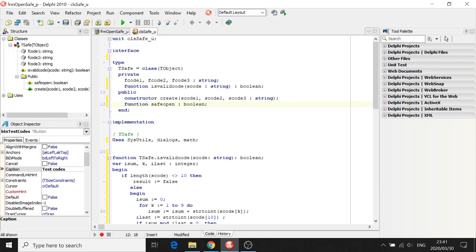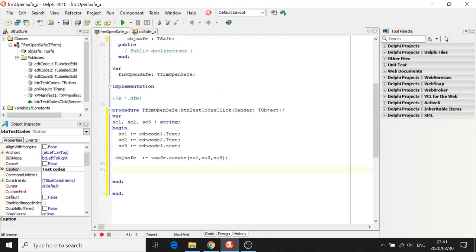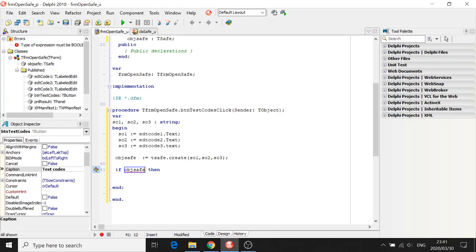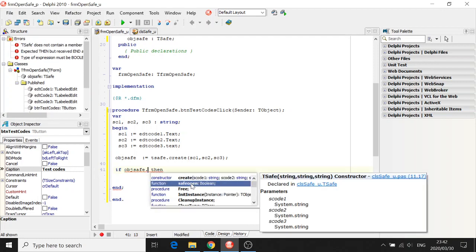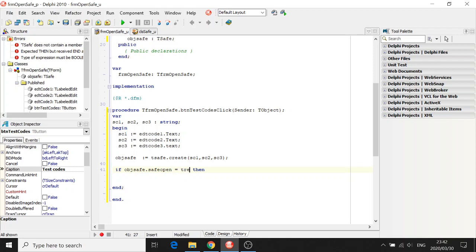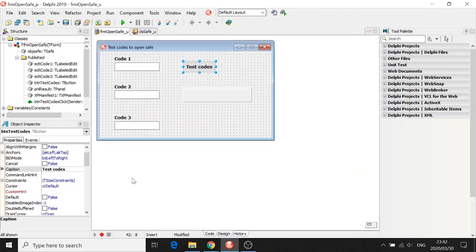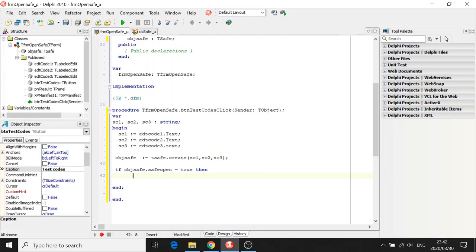I'm looking at the class. It's a function. It returns a Boolean data type, and we have to use it like we would use a function. So say if obj safe dot safe open, if that equals true, then we are going to display a message on the panel. PNL result dot caption equals open sesame,